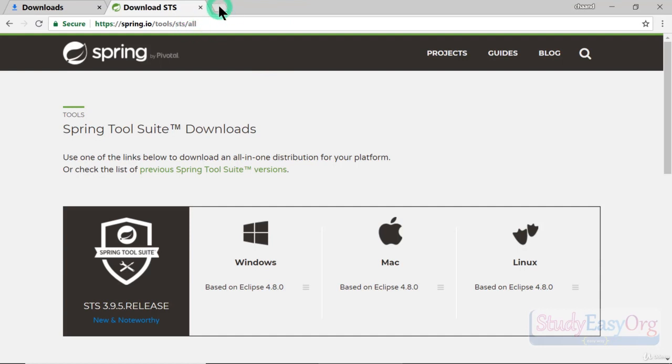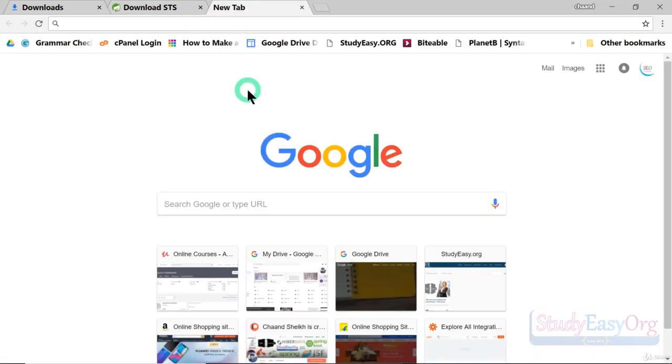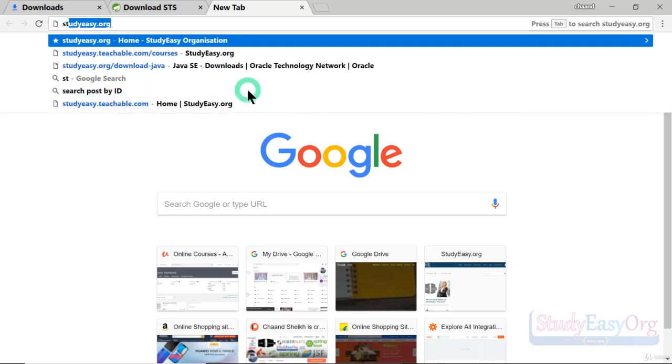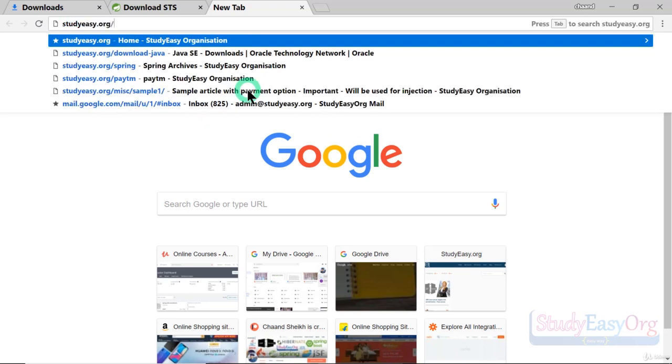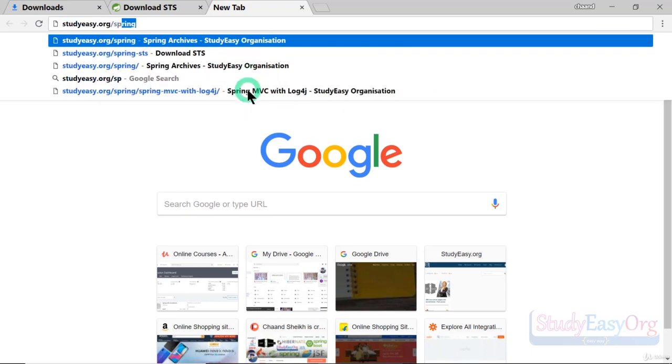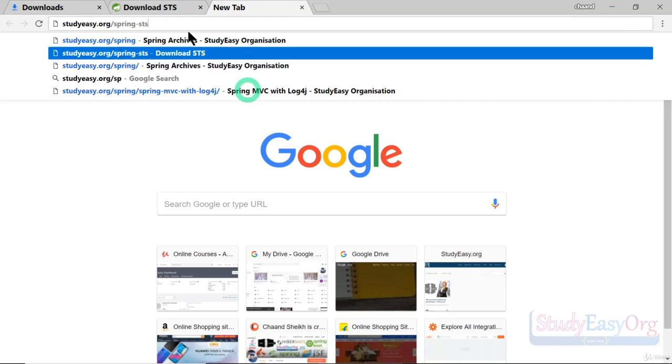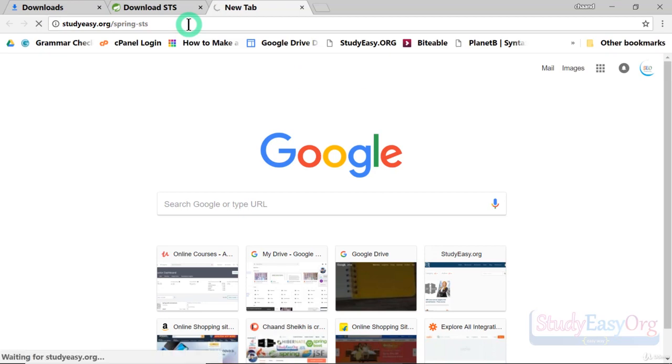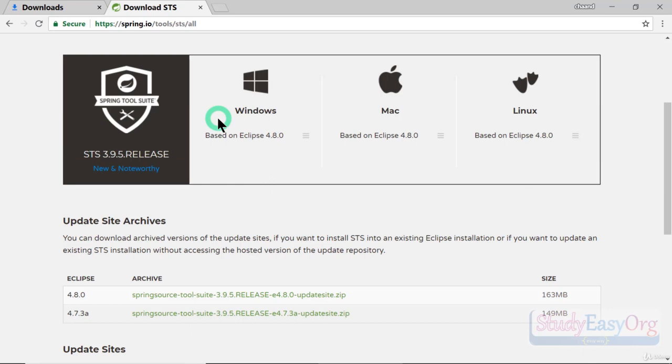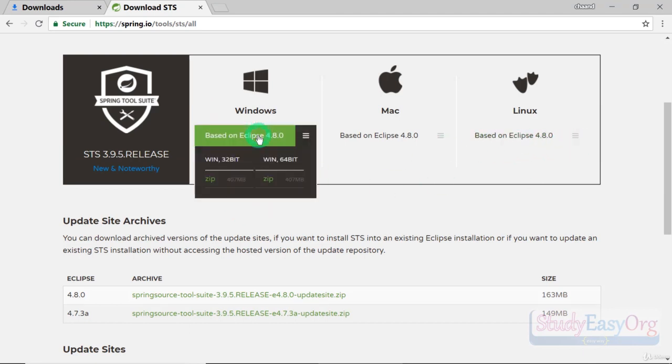Now friends, I have already added a shortcut link for this particular downloads page, and which is studyeasy.org/spring STS. And if you navigate to this URL, studyeasy.org/spring STS, you would be redirected to the download STS page. Let me show you. Now in here, based on your operating system, download the appropriate version of STS, and in here I will go with the Windows 64-bit version, and I will click on this zip link